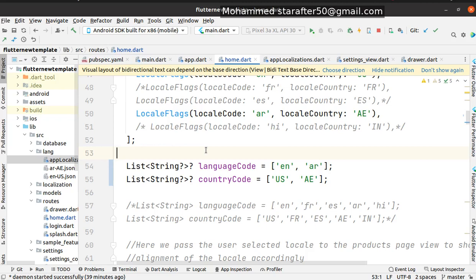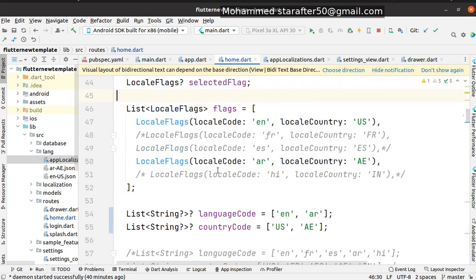Flutter will reject it because it doesn't have null safety. So when you do the packaging for production, the Flutter compiler will reject it because these variables don't have null safety. Okay, so these are the 2 lists, one for the language codes and one for the language countries. Now, once we have done these things,